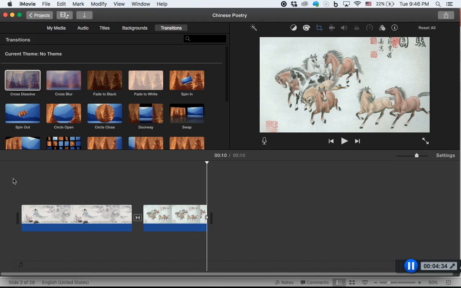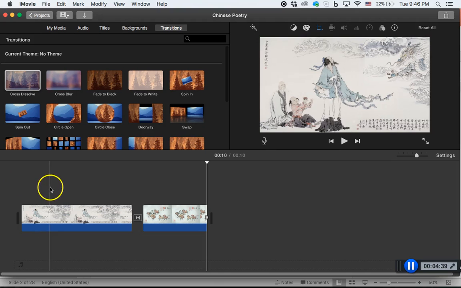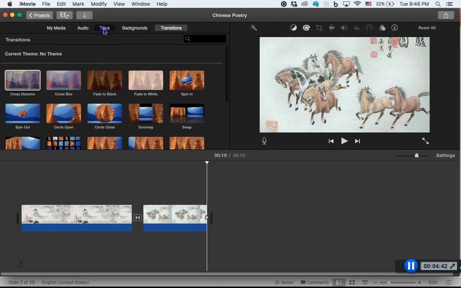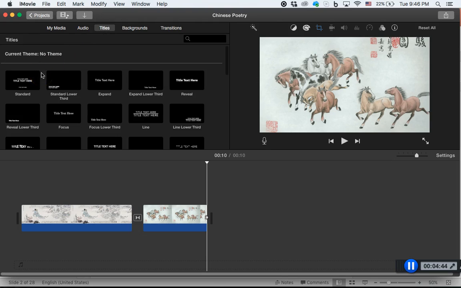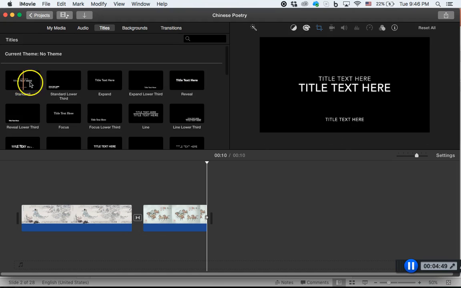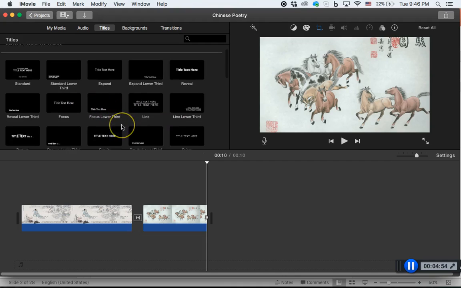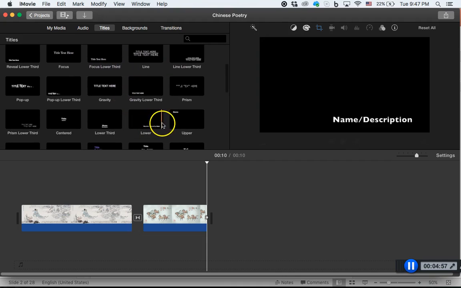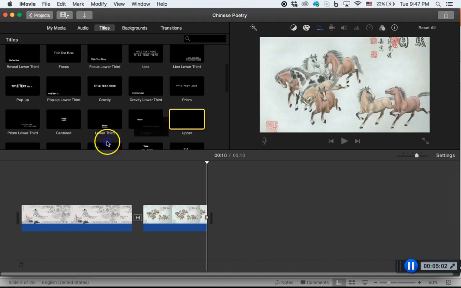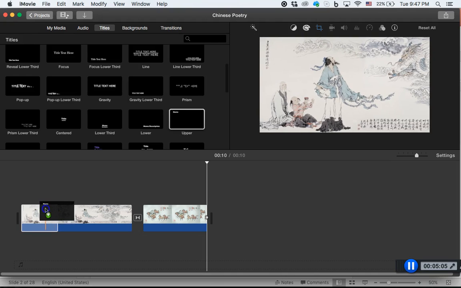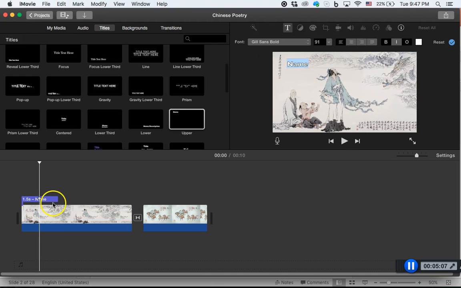So that's it. Now, the next thing that you want to do is add titles so that you can actually have the words of the poem. So to add titles, same thing. I'm going to go up to the titles area, and I have all these options. I could have titles in the top, in the center, down at the bottom, wherever I want. So I'm going to choose a place that's not so obtrusive. So maybe I'll do it at the top here, top left. So I just grab that title and I drag it wherever I want it to appear, and there it is. So now I can have some text here,